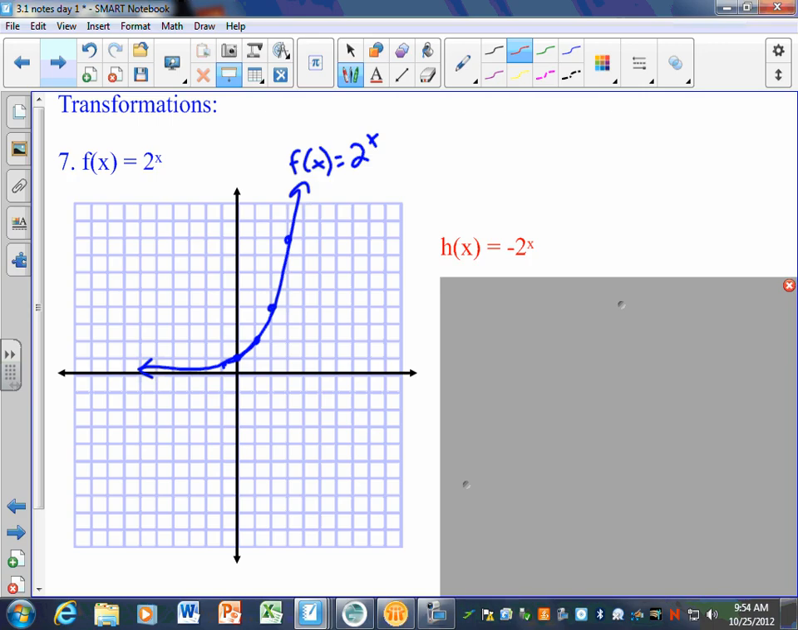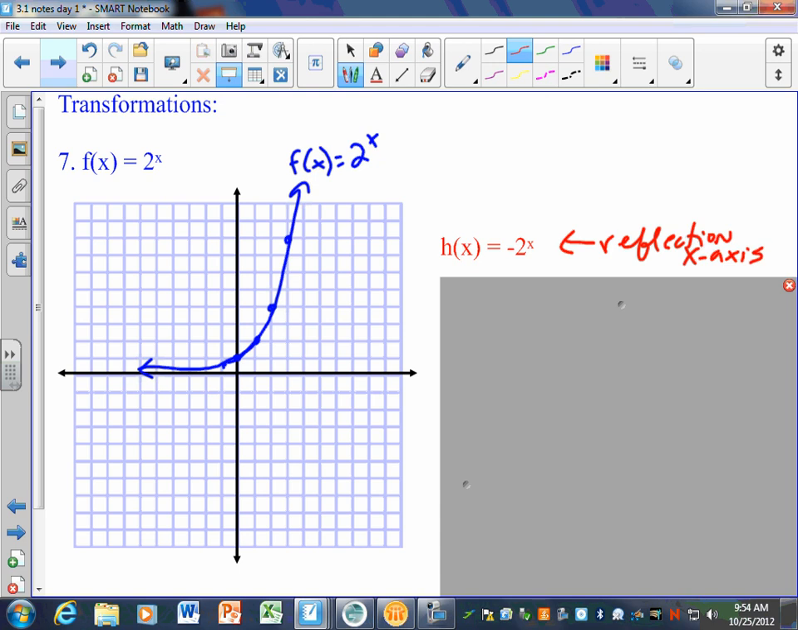We already did an example of what happens if there's a negative up there in the x part. It reflected over the y-axis. Do you remember what happens if there's a negative out in front of the function, what that does? Flips it over the x-axis. So this is a reflection in the x-axis,